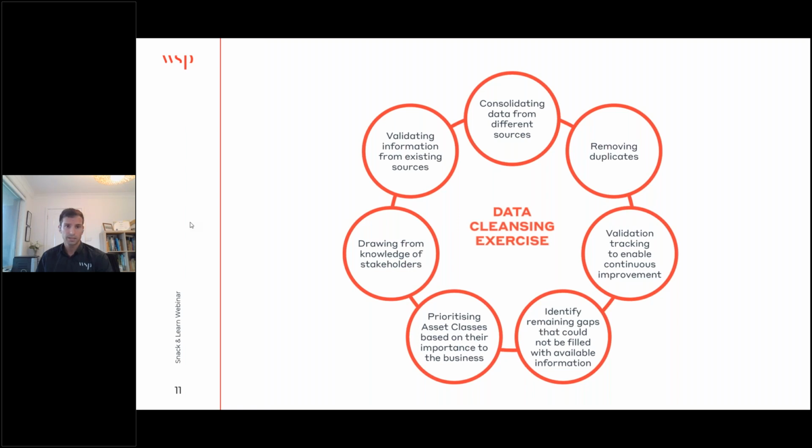Finally, we looked to identify where there were remaining gaps that could not be filled with desktop information. Often this was as easy as taking a photo of the asset and or finding the supplier attributes on the nameplate. As we were also restricted by COVID-19, this was flagged as gaps that could be verified on site as the port undertook future site inspections.